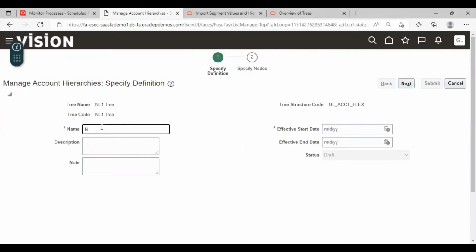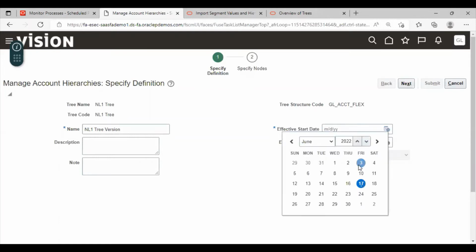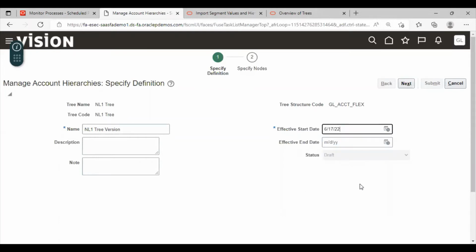Give the name here. Description and note are optional. Here the effective start date is a mandatory section. Click on next.